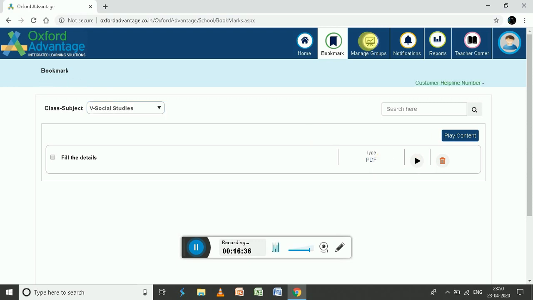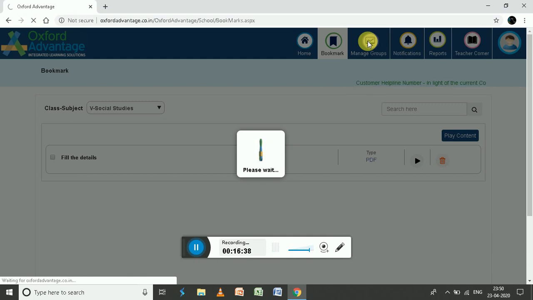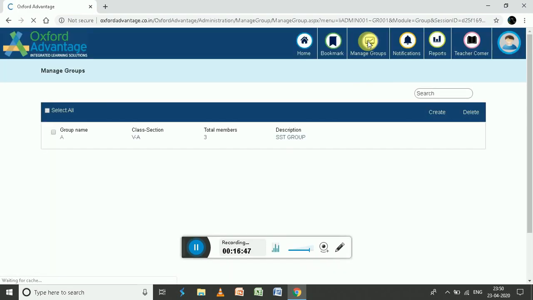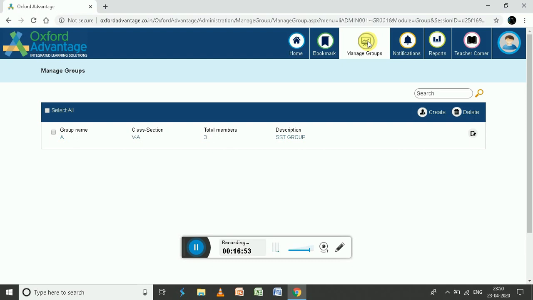Next option is managing the groups. Managing the group means you are creating groups of the students that are there in the class. For example, I am taking fifth SST, so I can go ahead and create the groups.